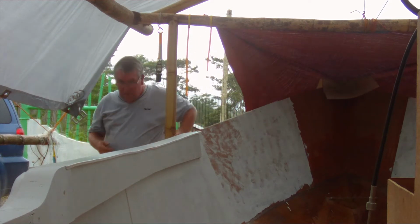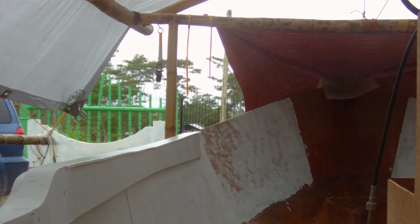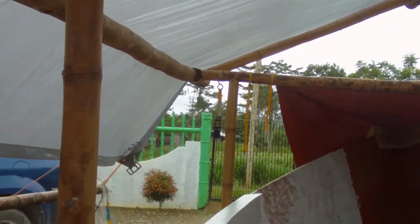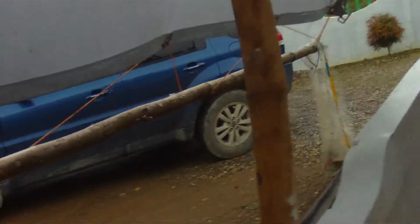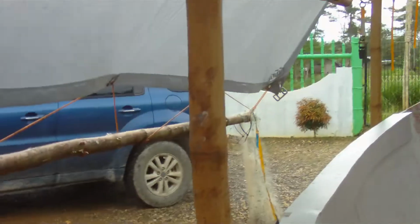Good enough, just to shelter the bow. I was working for a company and they had loads of these super quick release, really large, I don't know what you call them, cable ties. There's like a lock on them you can